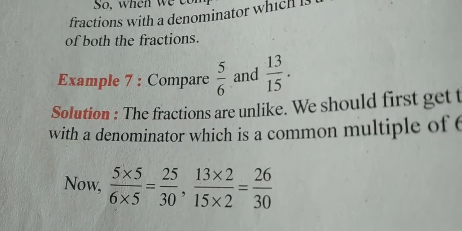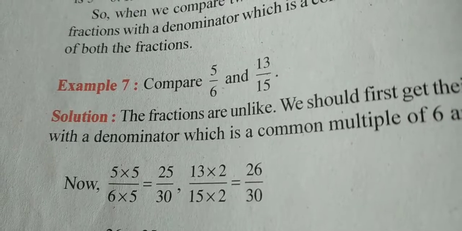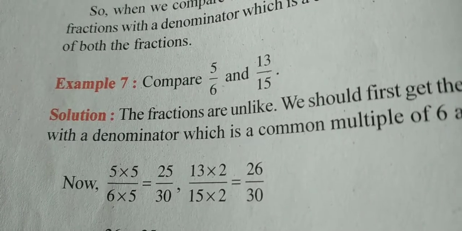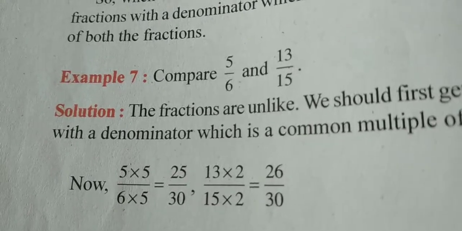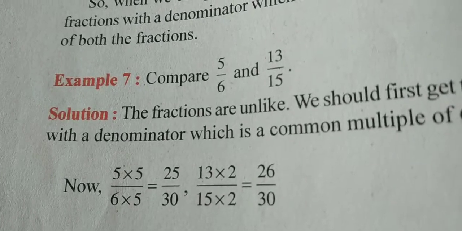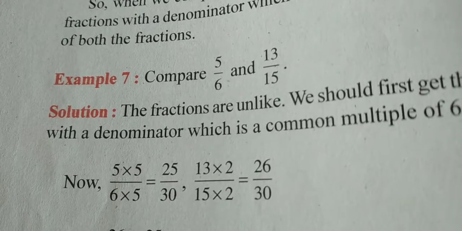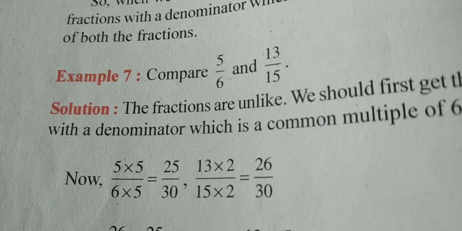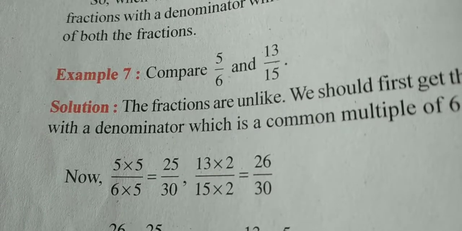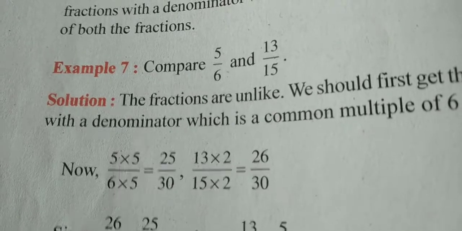Hi children, today I am going to teach you how to compare fractions which are unlike. Here you can see in your textbook example number 7, compare 5 upon 6 and 13 by 15. Denominators are unlike. You can see here one is having 6, the other one is having 15. What will you do? You have to find out